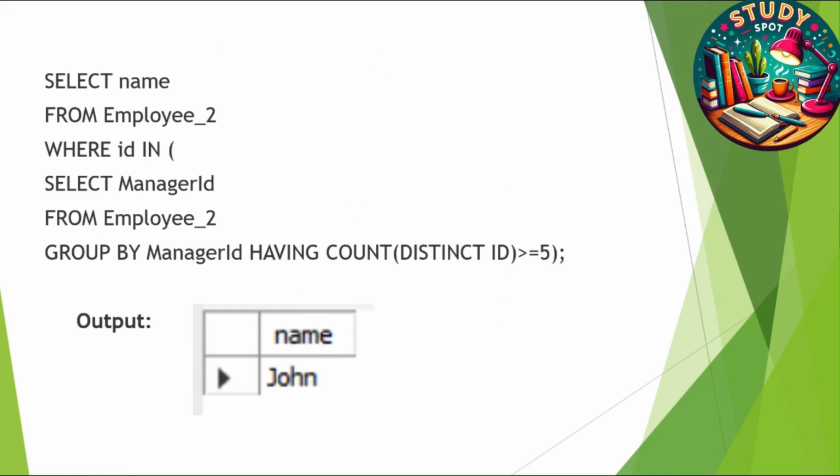Select name from employee where ID in (select managerId from employee group by managerId having count(distinct ID) >= 5). The subquery select managerId from employee group by managerId having count(distinct ID) >= 5. The employee table likely contains a self-referencing hierarchy where manager ID represents the ID of an employee who is a manager. The subquery groups employees by their manager ID and filters only those managers who have at least 5 distinct employees reporting to